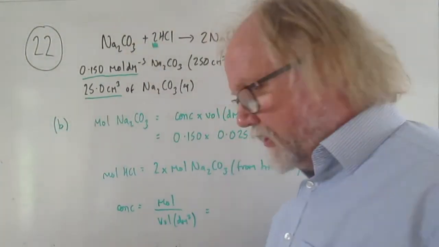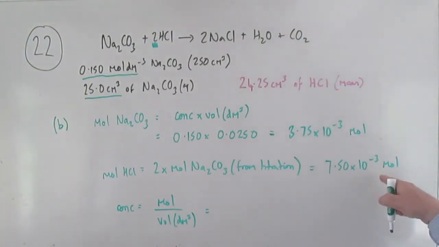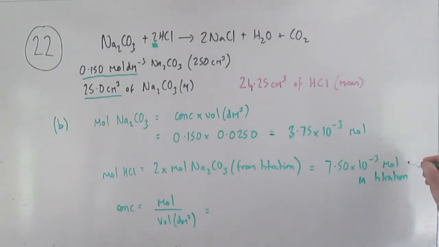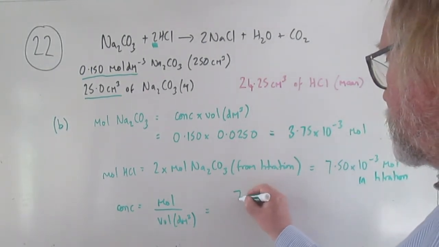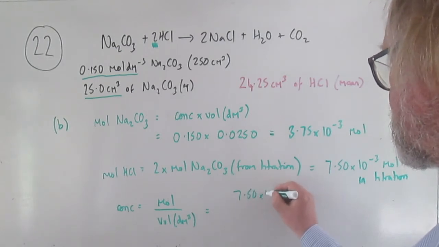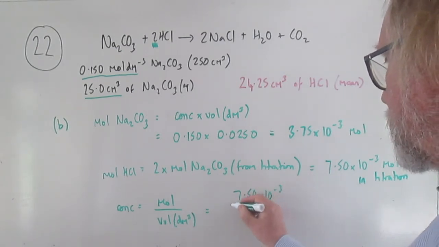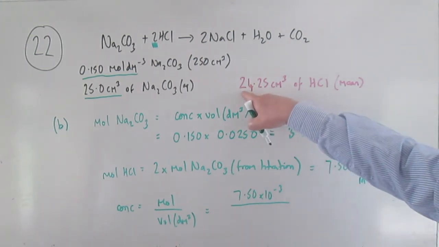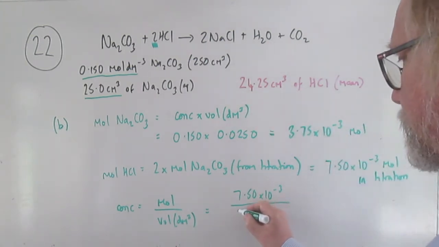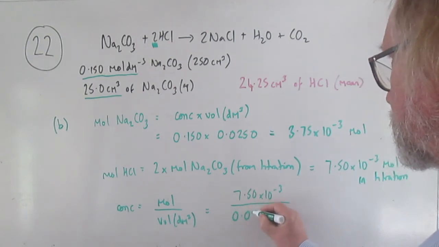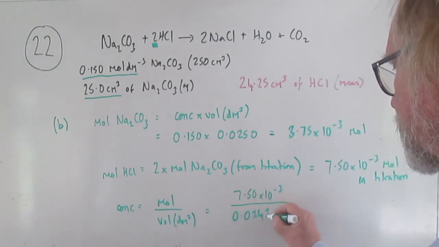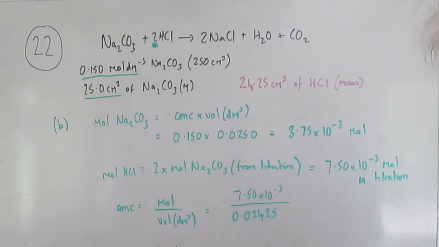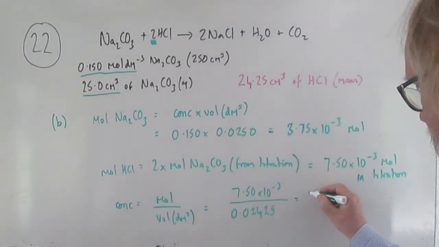We've got to make sure we get the right volume here. So what we've calculated here is the moles of HCl in the titration. So we want the volume in the titration. So it's 7.50 times 10 to the minus 3 divided by the volume in the titration, which was 24.25 cm cubed. So that's 0.02425, which works out as